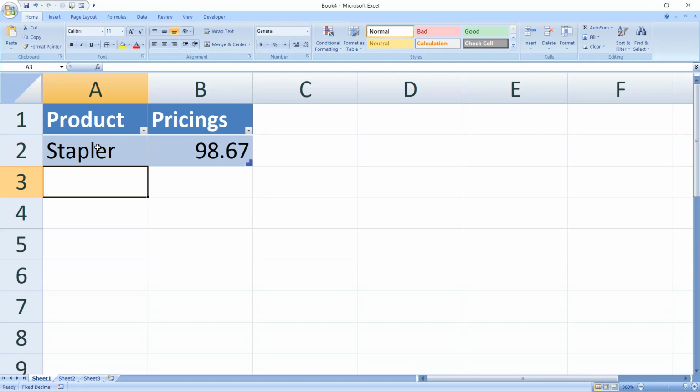and whenever I am hitting enter from my keyboard, Excel is automatically converting this value and placing the decimal two places from the right hand side of the integer value. So let me quickly check whether it's working properly for another set of data, maybe pen,